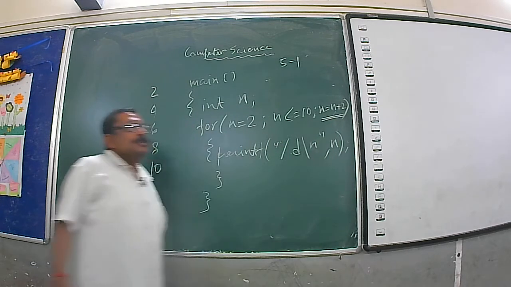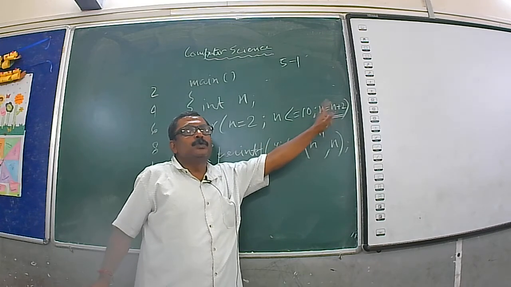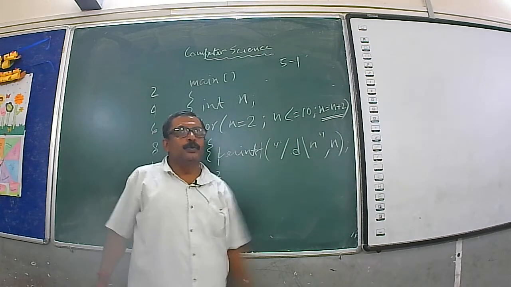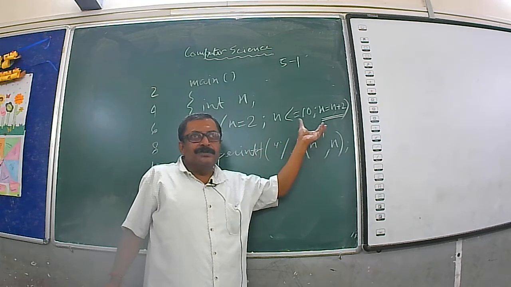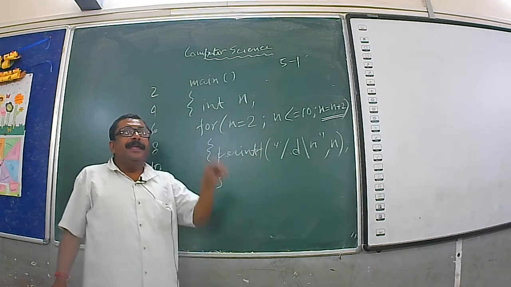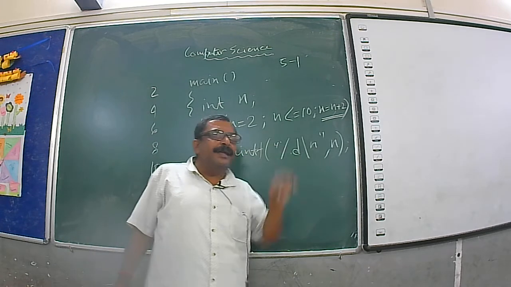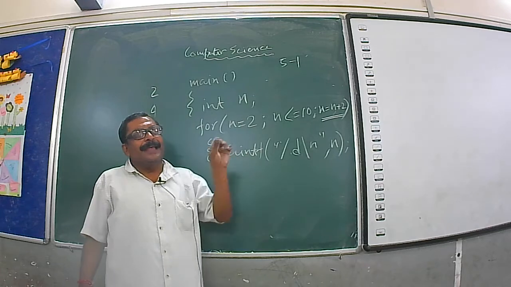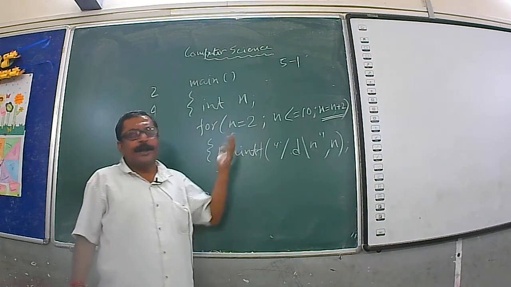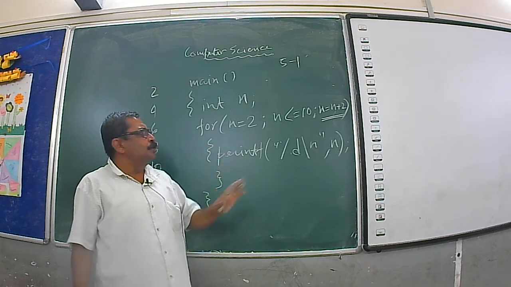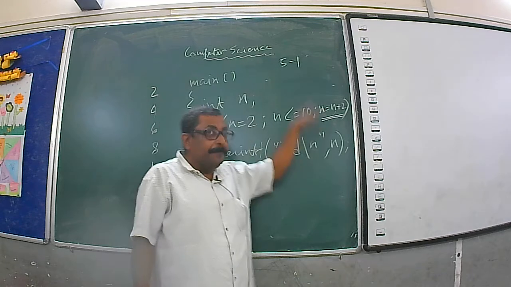Now take care about this statement. n is equal to n plus 2. That means incremented by 2. In contrast to the previous program, if we increment or decrement by 1, we can write x plus plus, x minus minus, or whatever the variable name is. Either x or n or i, that is a different issue. That is the declaration of the variable. Whatever variable you have declared, the same thing will be implemented.